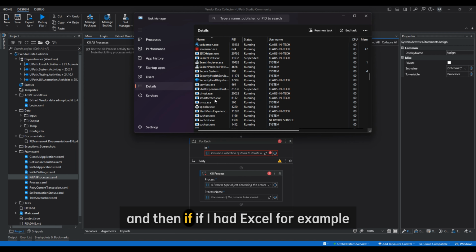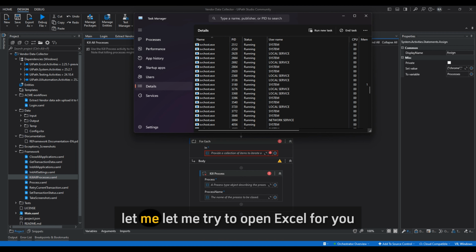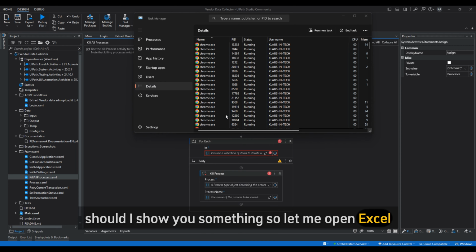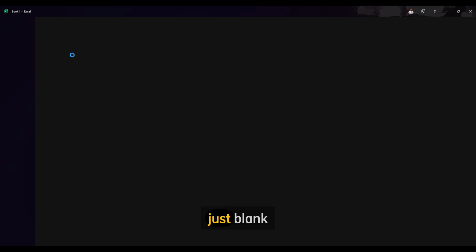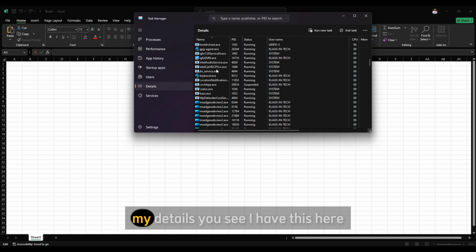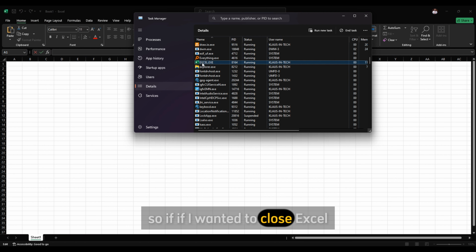And then if I add Excel, for example, let me try to open Excel for you. Should I show you something? So let me open Excel. Just blank. So I've opened up Excel. When I come in my process, my details, you see I have these. So if I wanted to close Excel,